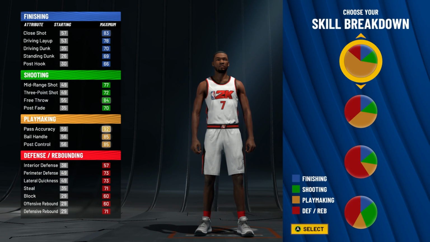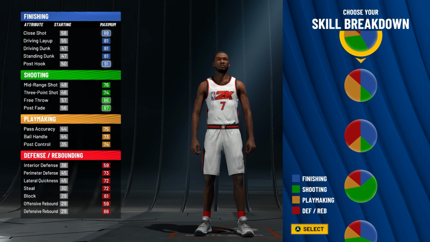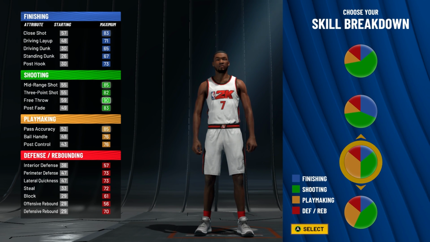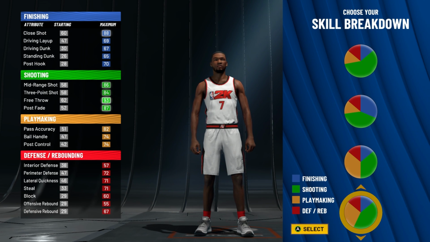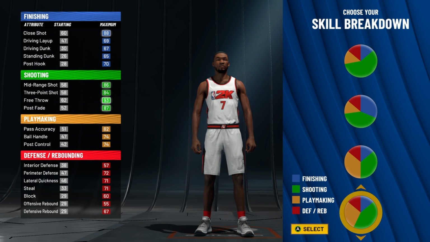Now, when I was making this build, I was having a tough time. You probably just saw which pie chart I picked. But I was having a tough time figuring out how to make a new version of KD, right? I already made this version of the build. It's good. It's a little slow, honestly, because I think at max you only get like 91 speed at 99 overall, which is kind of slow if you're trying to be a primary ball handler. This pie chart doesn't get Hall of Fame playmaking, and I personally think Hall of Fame playmaking is one of the biggest things to have this year when you're making a build that you want to dribble with,